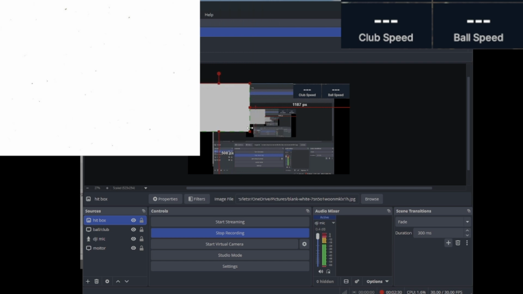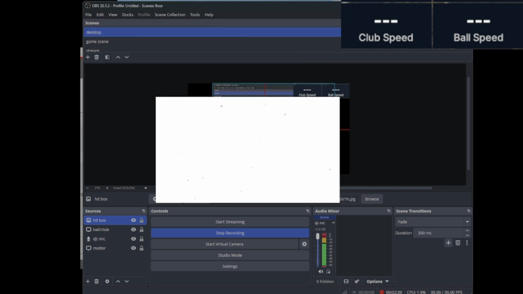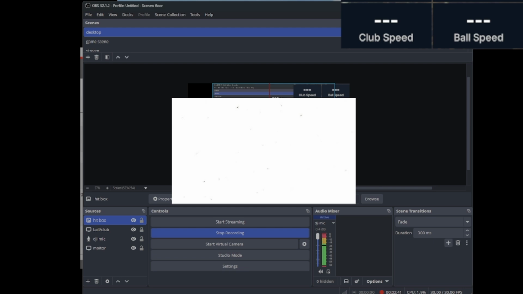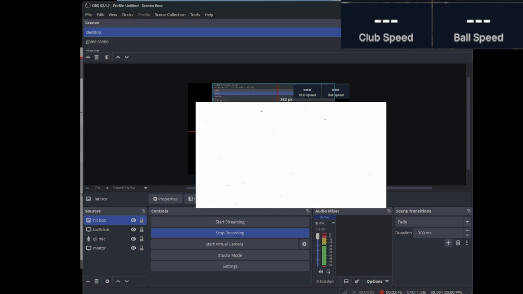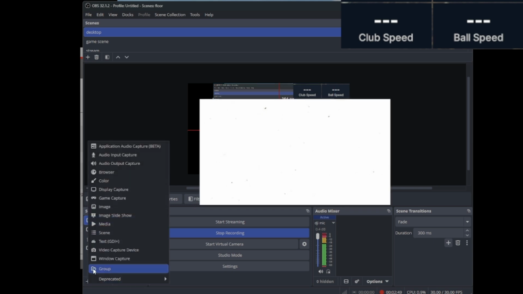Then we will cut this puppy down, same way, hold Alt while you click and drag. Let's make it about yay big as a hitbox. And with your projector on, find your hitting strip, line this up to it, and then click and drag and do whatever you need to do to make it exactly how you want it. And then we are going to do image again for our putt line